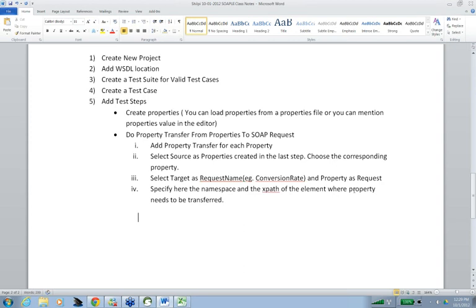Then after the property transfer, create the SOAP request. So these are the 3 steps.